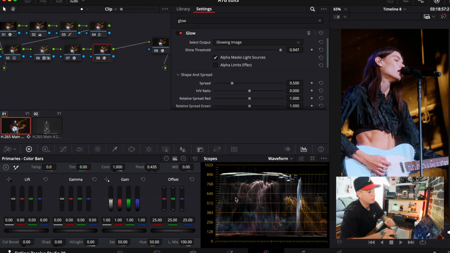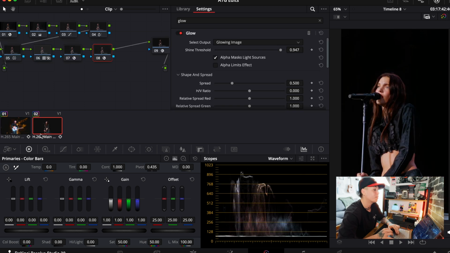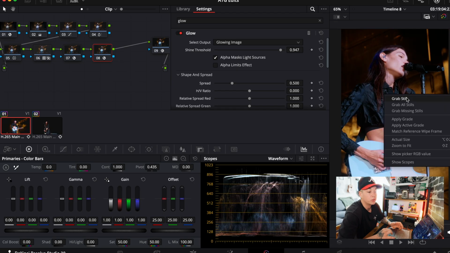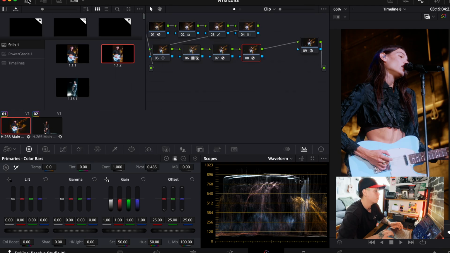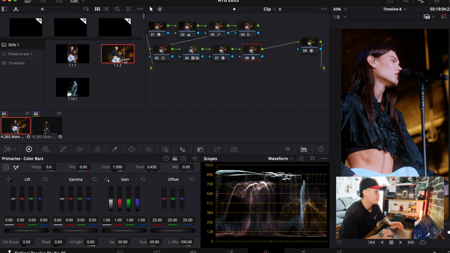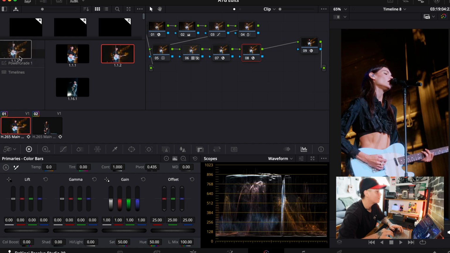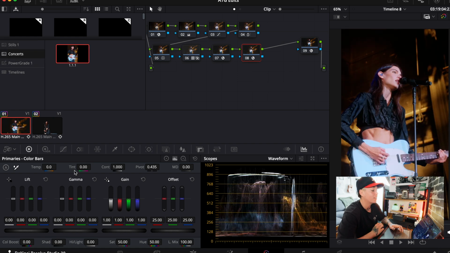And last little tip, if you don't want to do this all over again every time you color grade, you can just copy your grading onto another clip. And if you want to save it to reuse for other projects in the future, you can just grab a still. So you right click on your image, grab still, then it's going to show up in your stills right here. And if you want to save it for the future, you can just create a little album just like that. So if you do concerts, I should have been doing this, I didn't, but whatever. And then you just drag it in there. It's going to show up in all your